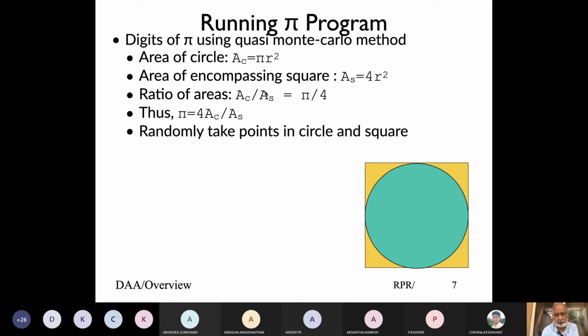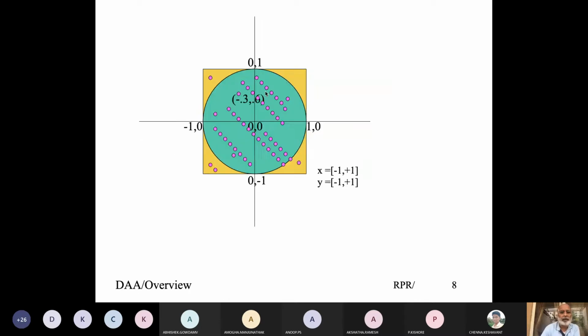So how do we do that? Let me show you an example. Consider that the radius of the circle is 1. I'm taking coordinate geometry, so the corner points of the square would be (1, 1), (1, -1), (-1, -1), and so on.